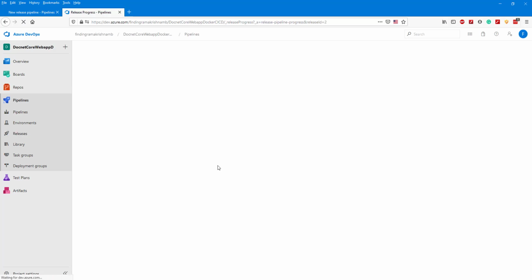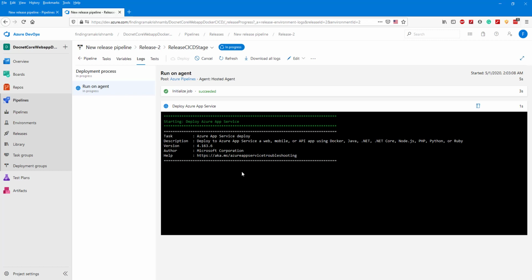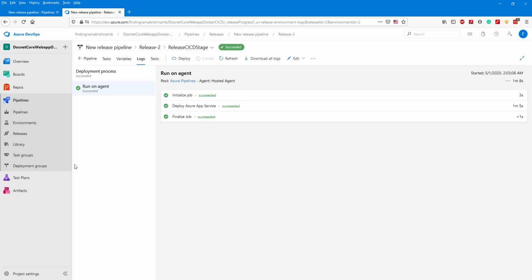The release pipeline started execution. The release pipeline executed successfully.